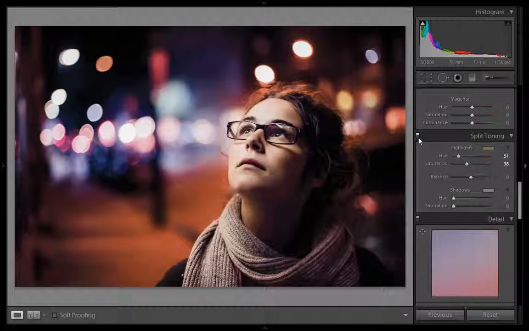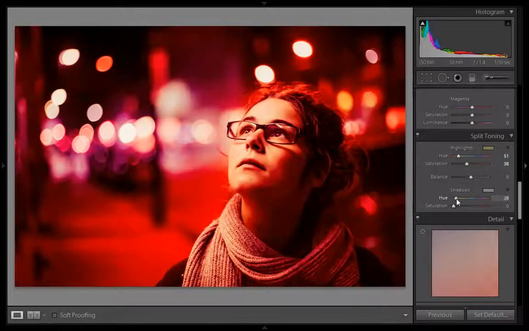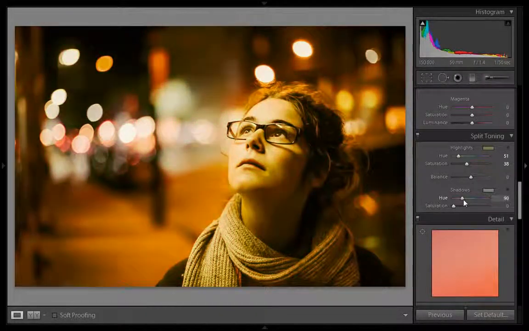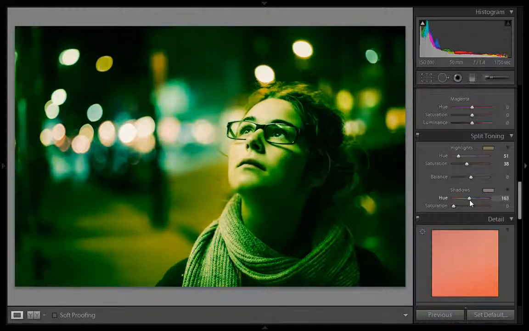This is before and this is after. This is only for the split toning, with this button on and off. Then I will set the hue and saturation for shadows. Same as before, you press the Alt key on the keyboard and set the desired color for shadows.